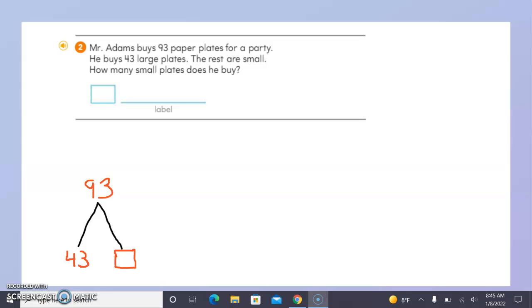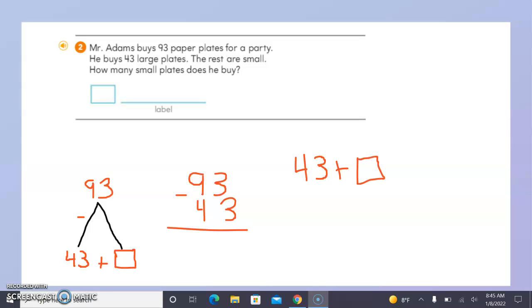Okay, there's 2 different ways we can solve this. We can subtract down the side of the mountain to find the missing partner, or we can add to get to the total. So here's the 2 ways you can solve. 93 minus 43 equals, or you can use the adding up method we've been learning. 43 plus unknown equals